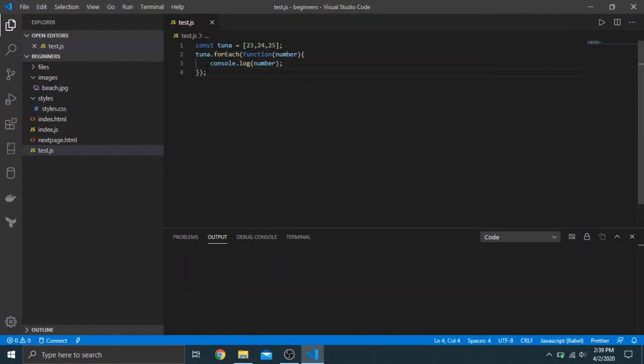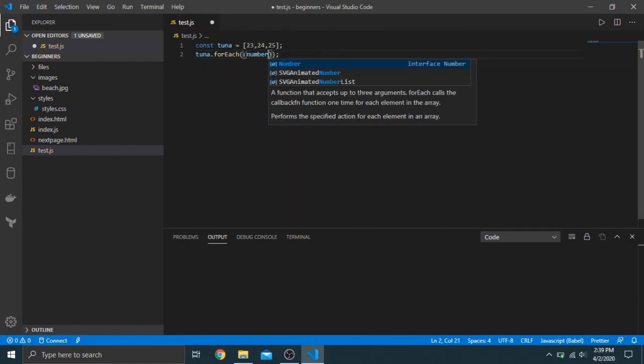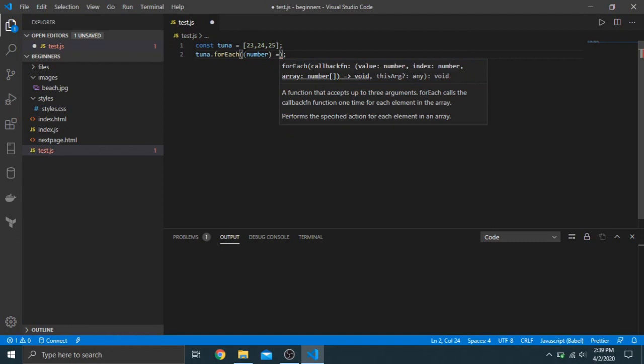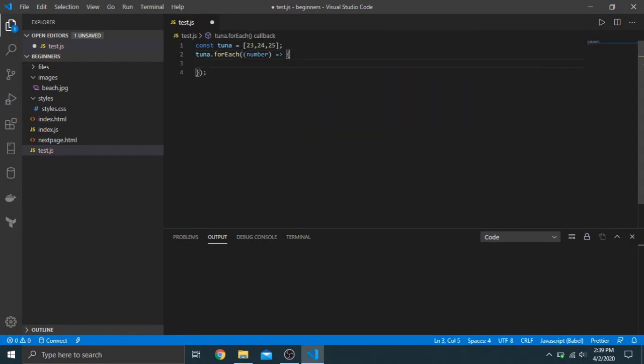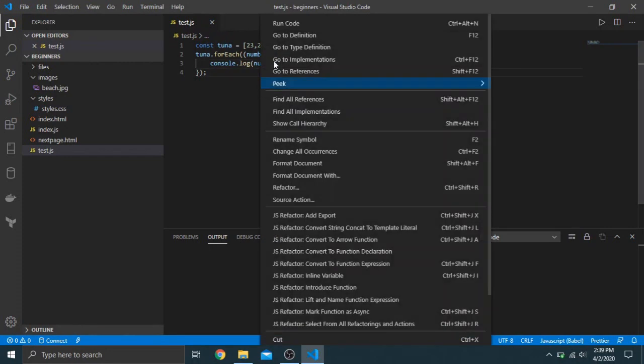Now that's even the better way to do it now. Instead of just doing it like this, all I have to simply do is number, unless you have more than one parameter that you want to pass in, then you would do it in parentheses. And then you can do a fat arrow like that, and then you can console log. So it just looks neater and cleaner. And you'll get the same thing. So we just run it,